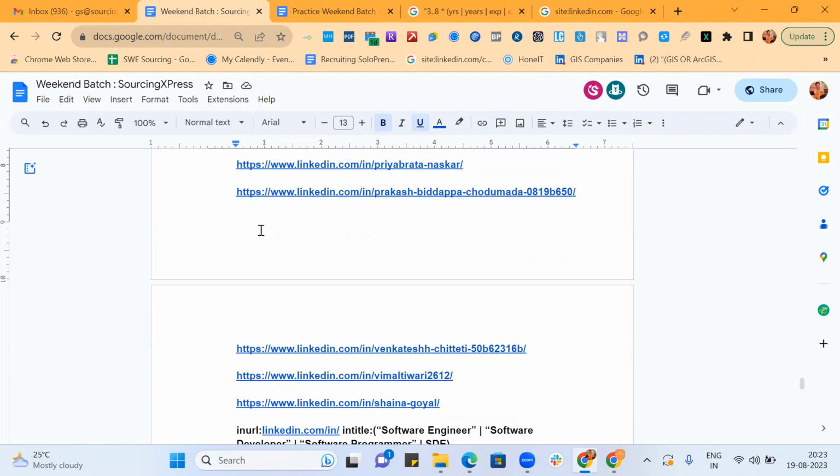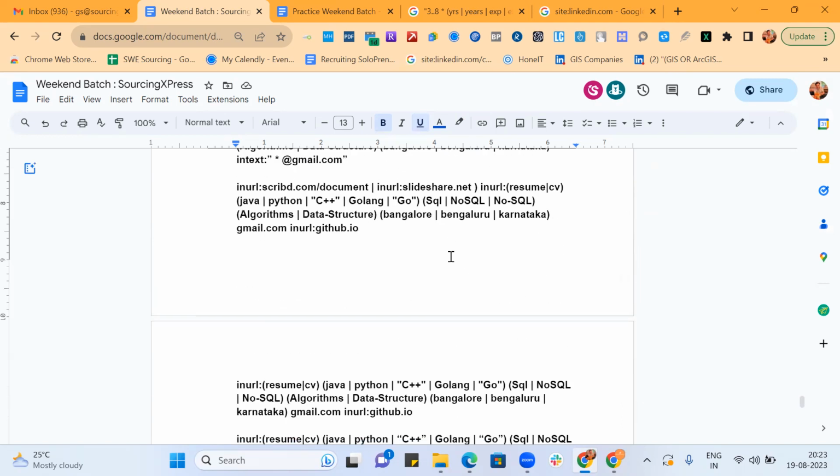Up to /in. Yes, right? So linkedin.com/in, up to /in, it's a constant. After that, it is open-ended. That is for individual profiles. So what we're trying to do here, we will leverage this linkedin.com/in part,